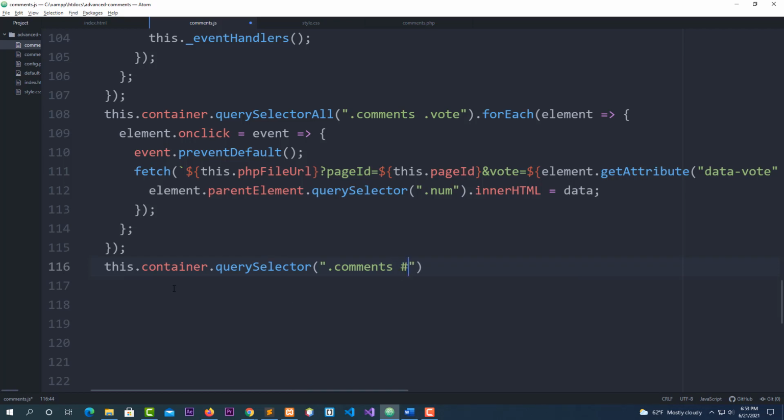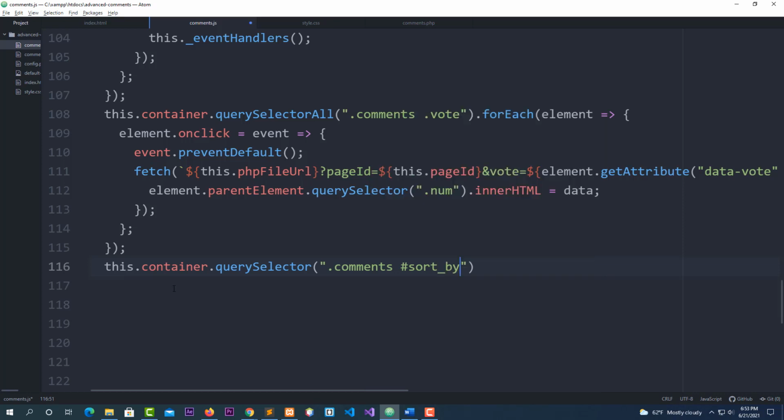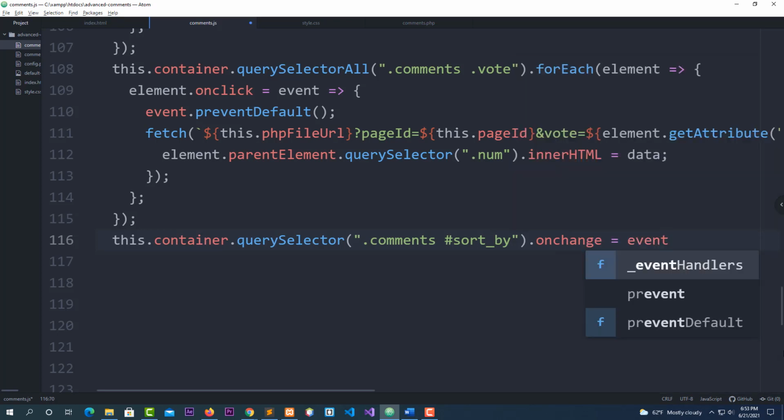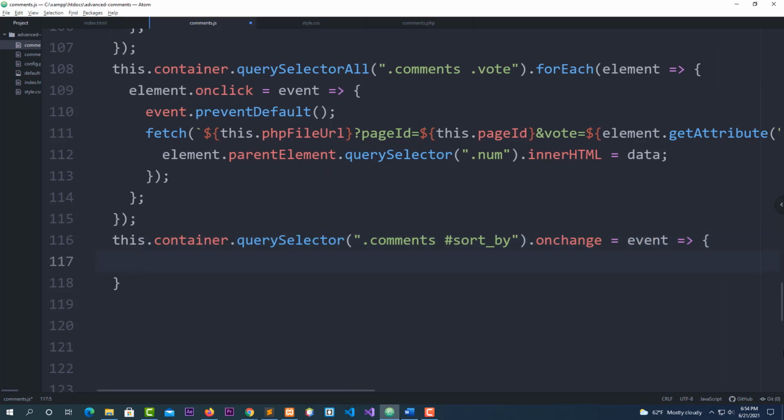space, okay, sort underscore by. Now I want to go after the closing parenthesis. Now I want to put onchange space equal event like this, space bracket, bring it down. Now what do you say, this dot container,